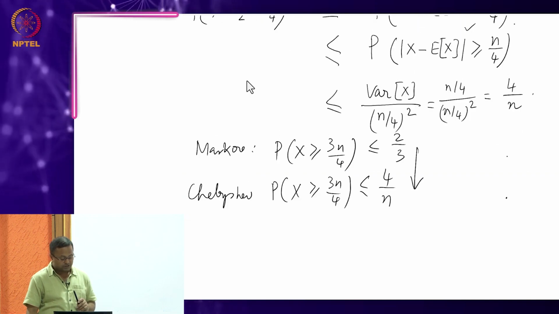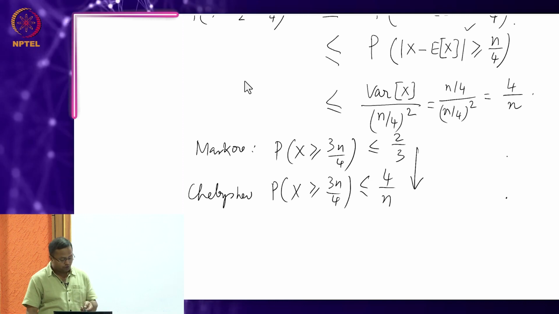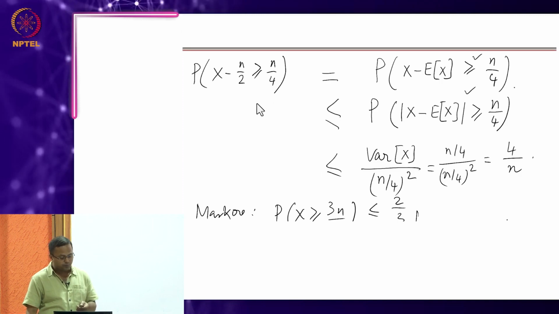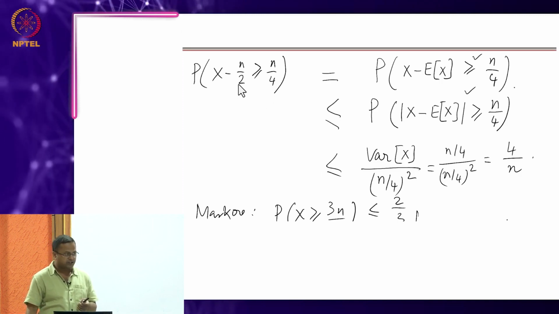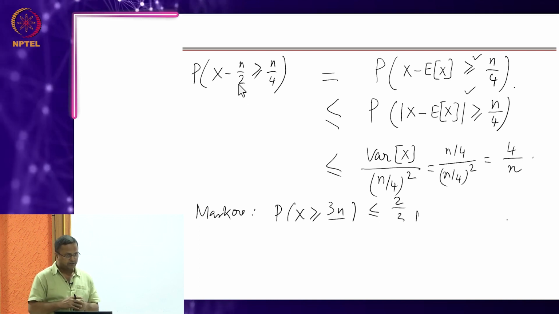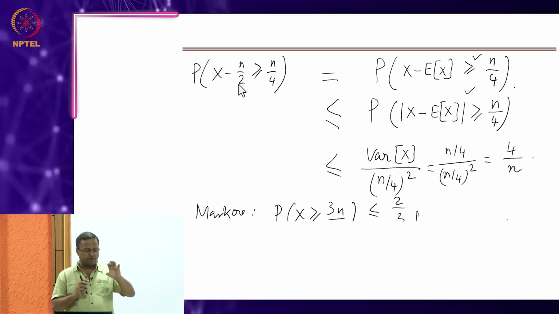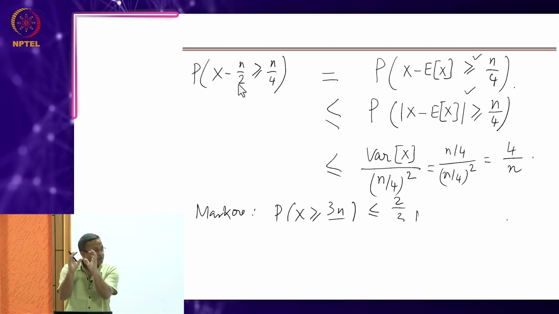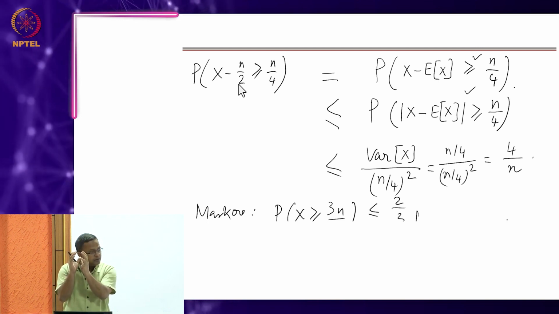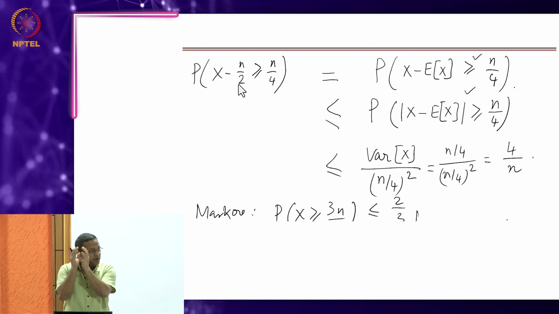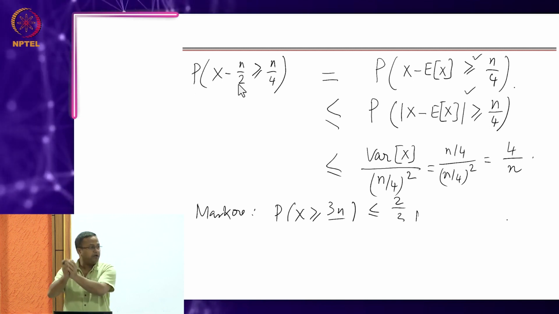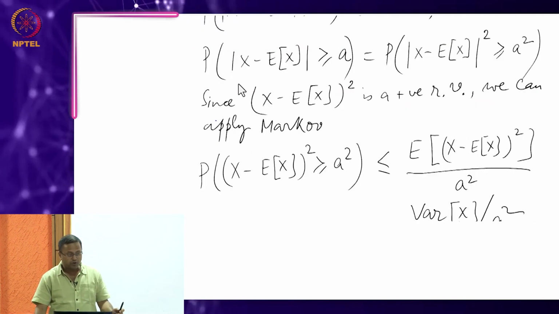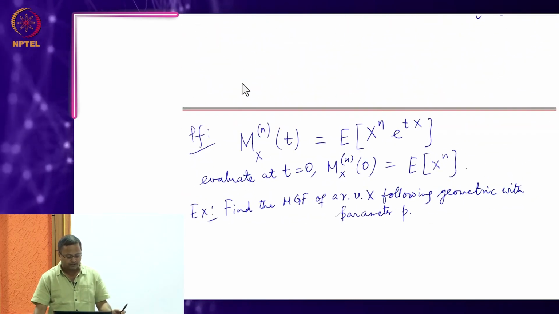Chebyshev had given this to you for x greater than or equal to 3n by 4, or to put it in terms of the expectation, x minus n by 2, where n by 2 is the expectation. So the random variable x taking value away from its expectation by greater than or equal to n by 4, this is a very large quantity. It required n by 4 to give you a probability of 4 by n. Now look at what Chernoff is doing. To give you a probability of 2 by n, which is comparable to 4 by n,